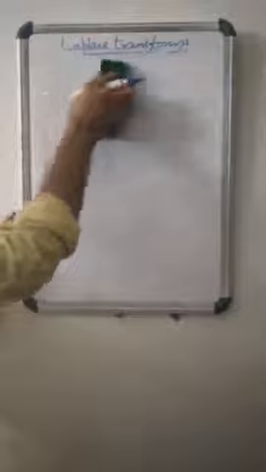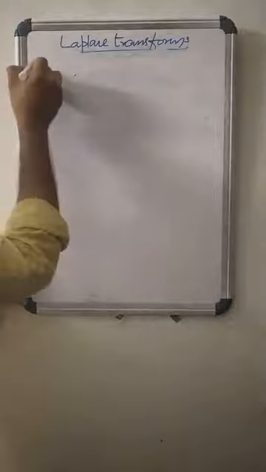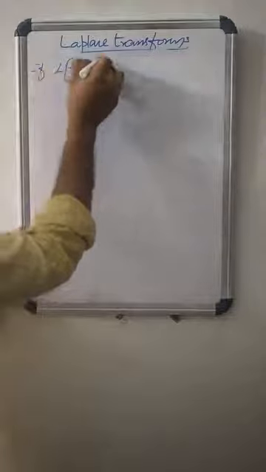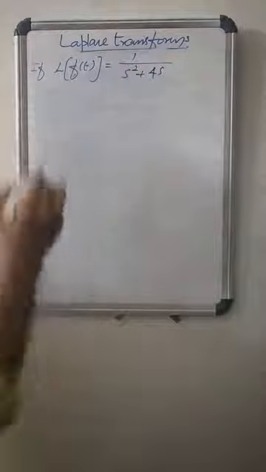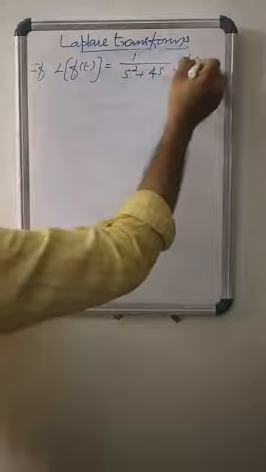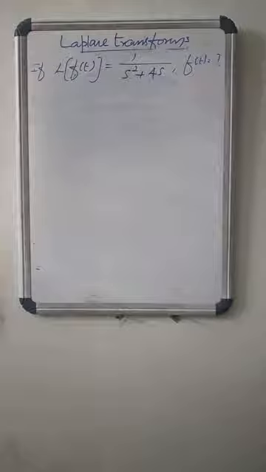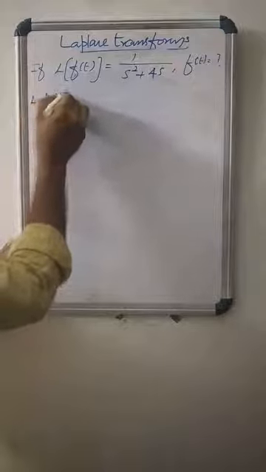So consider another problem. If L{f(t)} equals 1 by s square plus 4s, find f(t). Find f(t). If L{f(t)} equals 1 by s square plus 4s, then find f(t). How? Here, it is given L{f(t)} equals